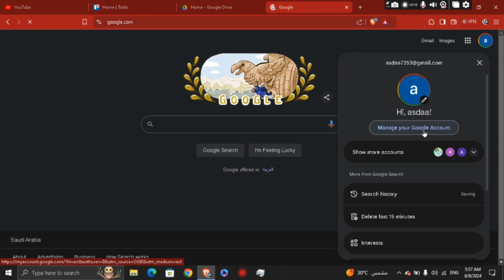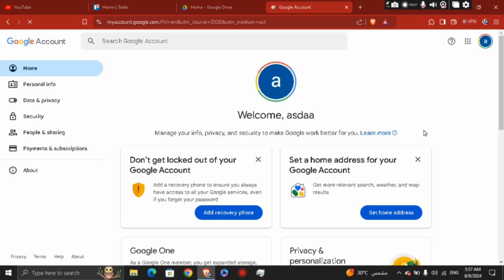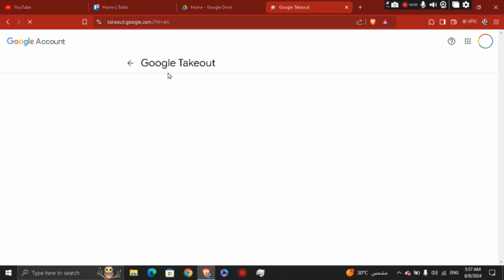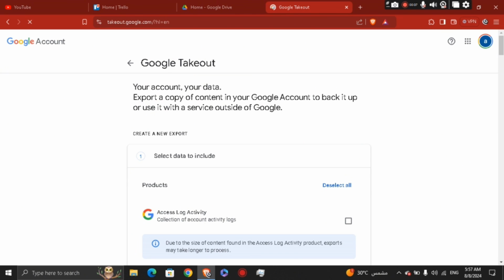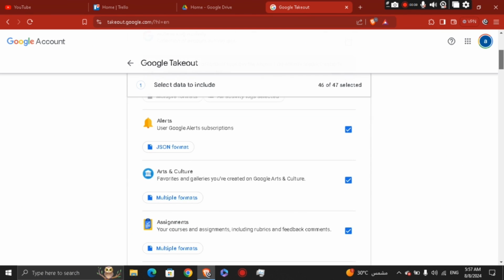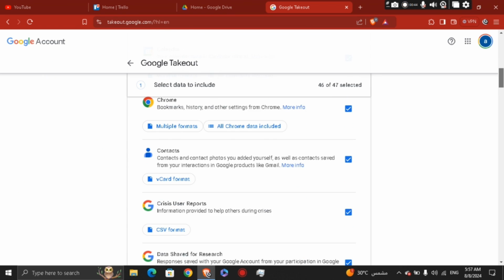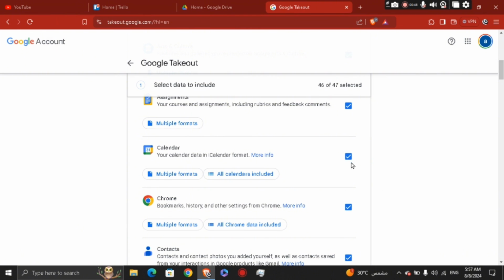In managing your Google account, you're going to search right here for download, right? Basically that means you're going to download your data. So go ahead and click on it in the search results, and then you're going to see all the apps related to Google: alerts, arts and culture, assignments, calendar, Chrome and all that. Just uncheck all of these apps related to Google, and then focus on this one thing, which is the